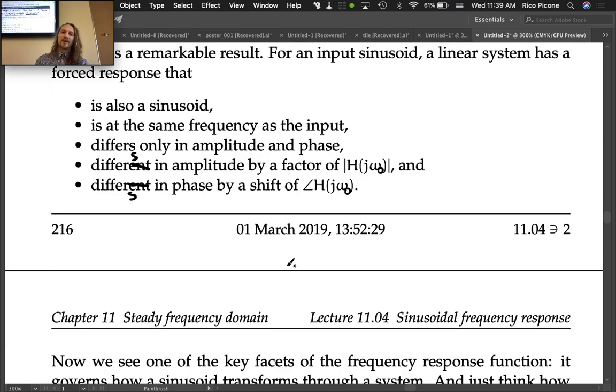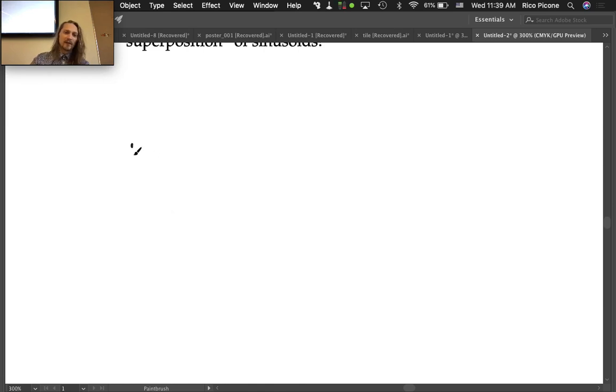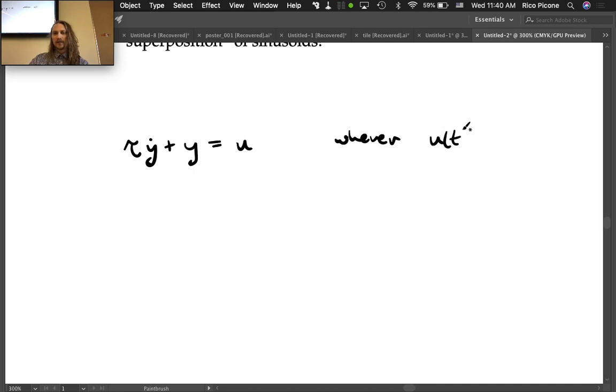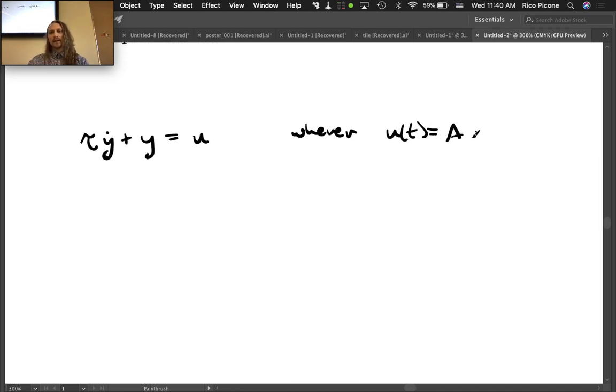As a little mini example, if you had tau y dot plus y equals, let's say, u here, where we have a sinusoidal input, u of t equals A cosine omega naught t plus psi. So if we want to find the transfer function,